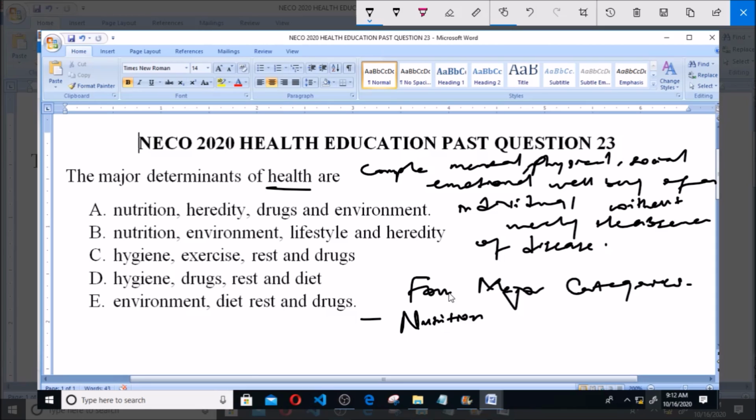Nutrition is one of the major determinants of health. Two, lifestyle. One's lifestyle affects one's health. Also, environment. One's environment, that is how clean your environment is, your surroundings. And then lastly, heredity, that is